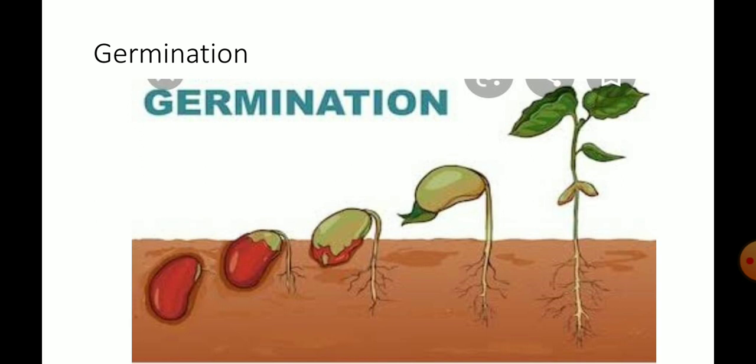Okay. So today we have learned about fertilization, the structure of a seed and germination. So read this chapter, page number 48 and 49, and draw the structure of the seed and also germination in the copy.